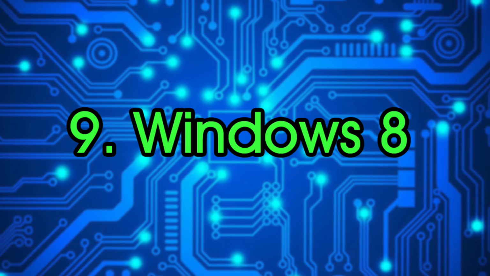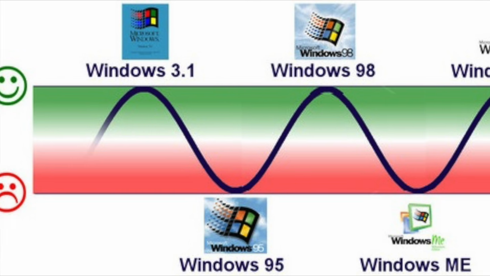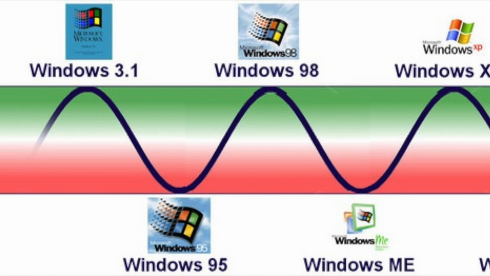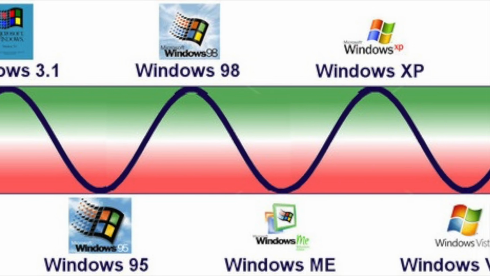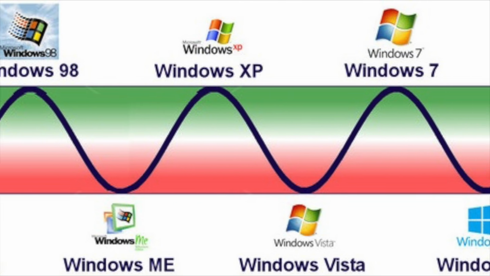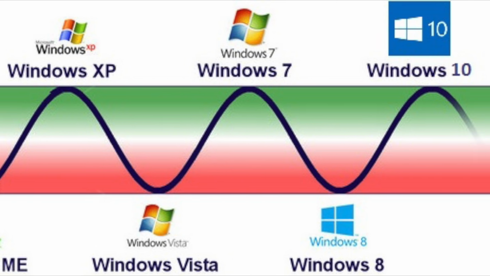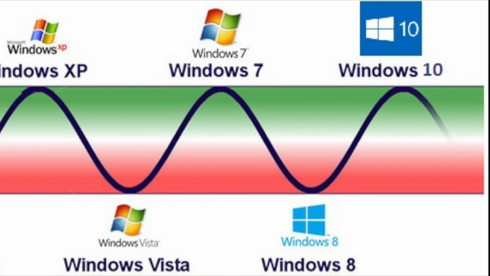Number 9, Windows 8. Now, there are those people who think that Windows has got a good and bad cycle, with alternative versions being both good and bad, ignoring the fact that Windows 95 was actually a pretty good upgrade, and there's no Windows 2000 ever included on these charts, but they definitely did release a stinker after the brilliant Windows 7.